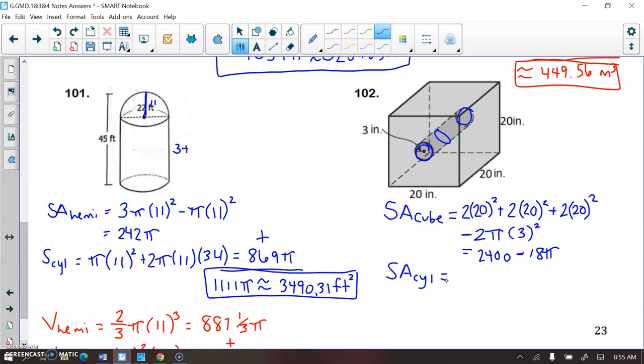And that's just going to be 2 pi r h. So 2 pi times the radius of 3 times the height of that cylinder, which is 20. And so a 20 times a 2 times a 3 gives me 120 pi. And I would add these together. So if I asked for the exact surface area, you would give me 2400, and then 120 pi plus a negative 18 pi is 102 pi